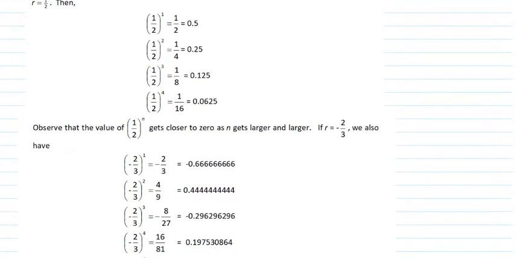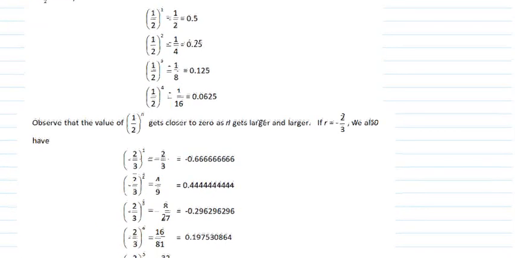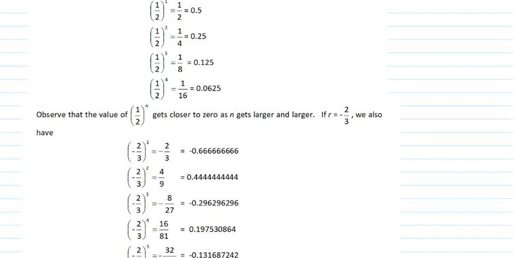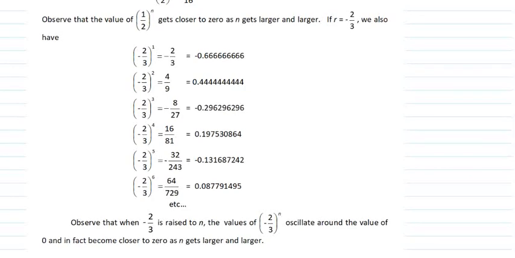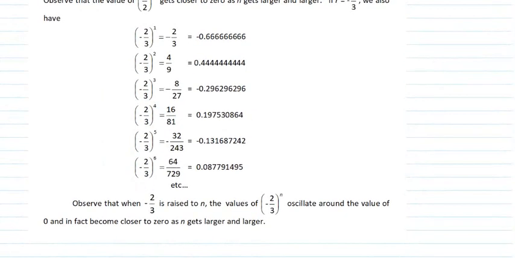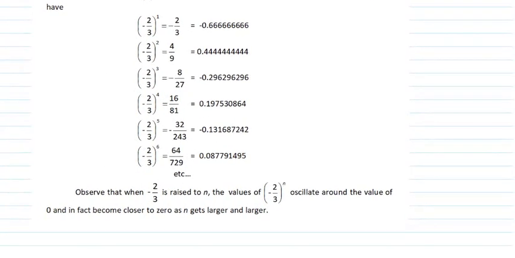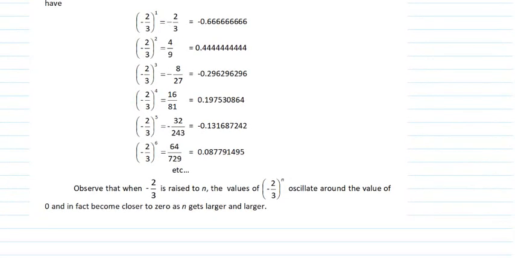So if that's the case, then we could raise it to 1 first, kasi yung absolute value of r natin is greater than or equal to 1. So negative 2 thirds raised to 1 is equal to negative 2 thirds, and you get negative 0.6666, and then yung negative 2 over 3 raised to 2 is going to be equal to 4 over 9, which is 0.44, and then negative 2 over 3 raised to 3 is going to be equal to negative 8 over 27, which is negative 0.2963. And if we continue the process, as you can observe, nagpa-fluctuate lang yung ating values